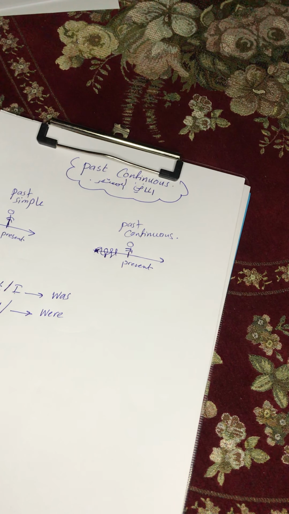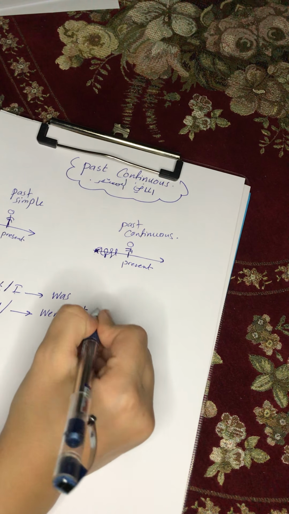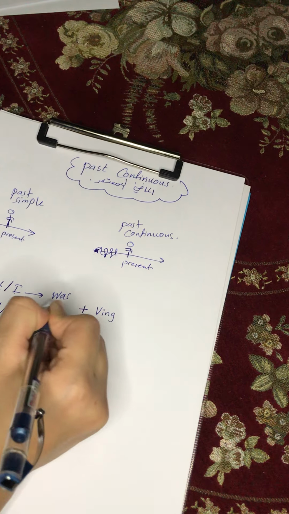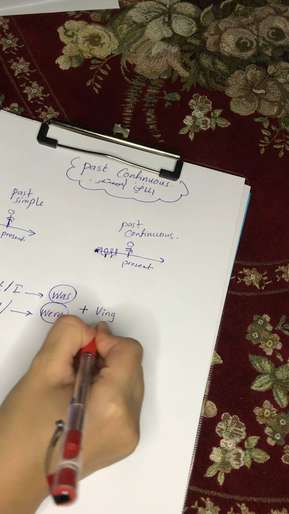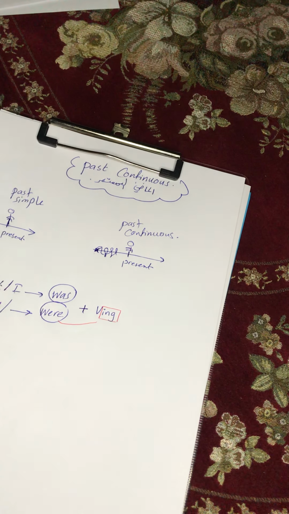So after was and were, these two helping verbs from the family of the verbs to be, in the past form, they have to be followed by verb ing. So whenever I have was and were, I have to add ing to the verb. But if we want to add ing, are there specific rules that we have to follow? في قواعد محددة أنا لازم أتبعها؟